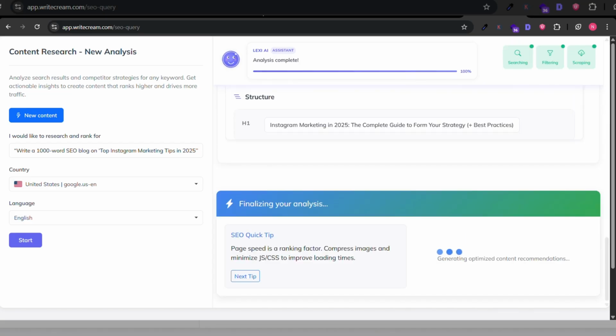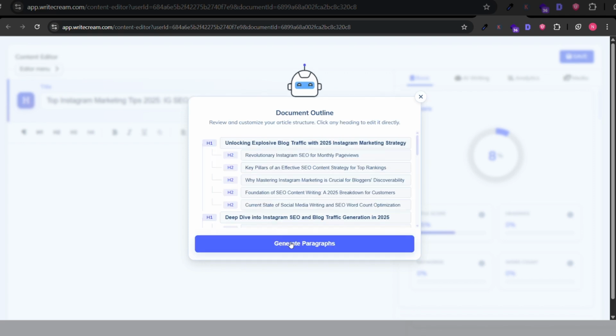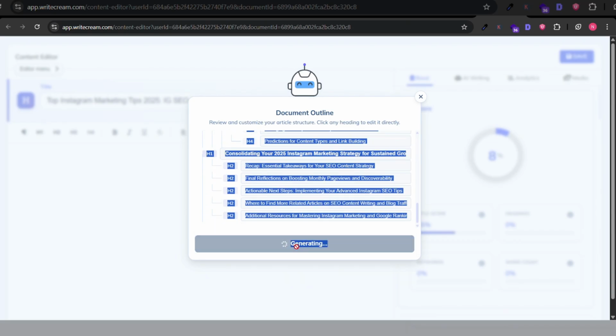Lexi gives you an instant response, but here's the best part. You can refine it. Want it more casual, more professional? Just tell Lexi and she adapts instantly. Once you're happy, you can copy, download and even directly repurpose your content into other formats like video or voiceover. And just like that, you have gone from idea to finished content in minutes and not hours.